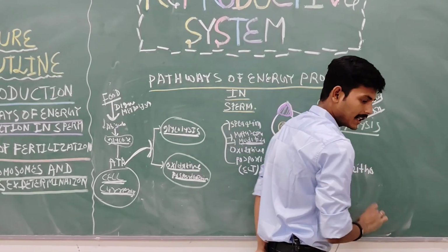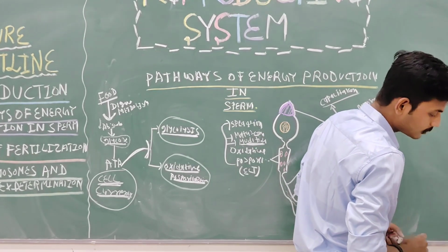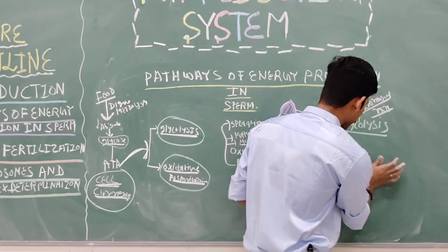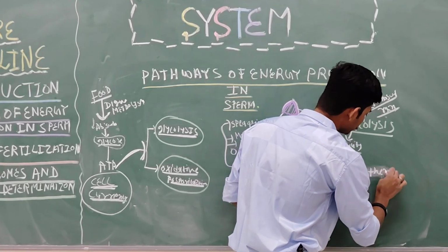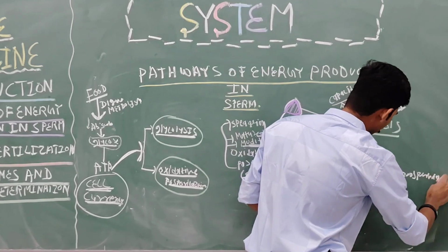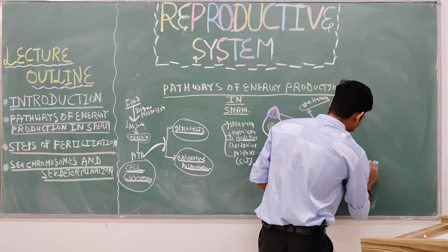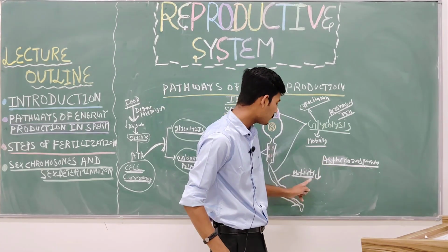Write it down. This term asthenozoospermia is referring to reduced motility